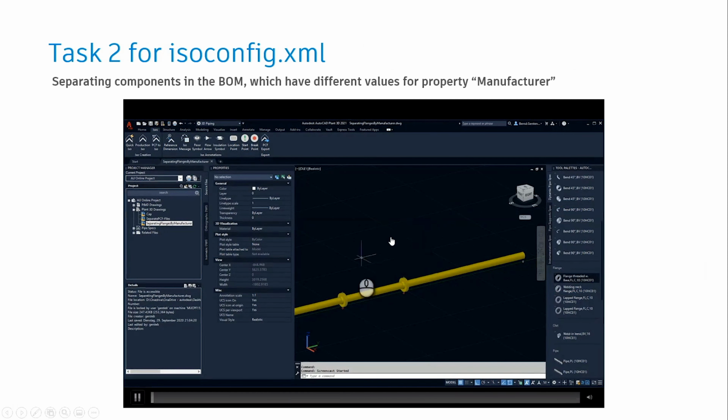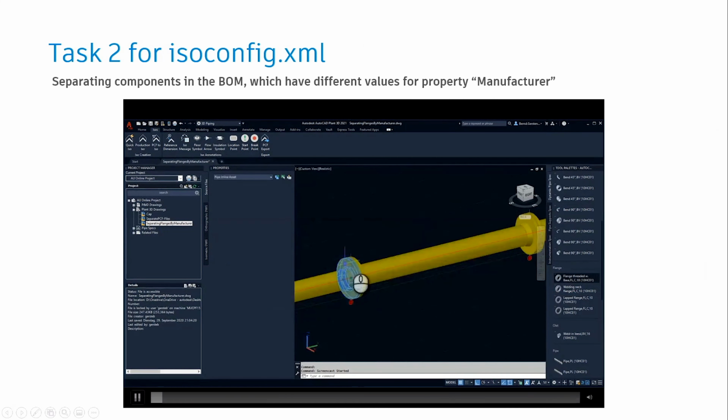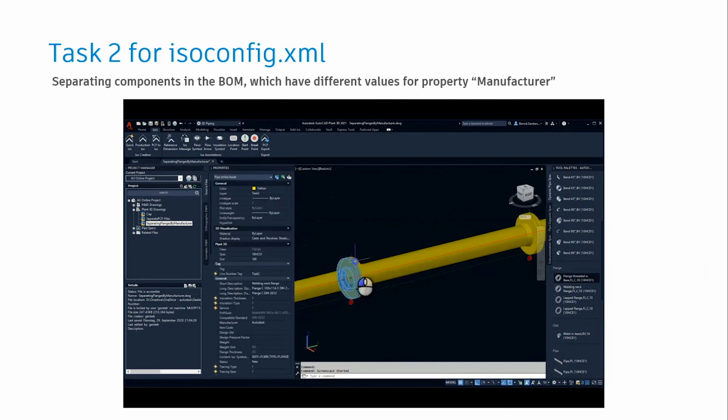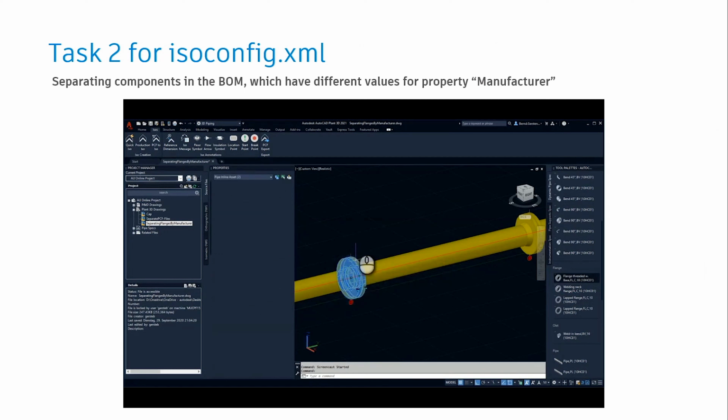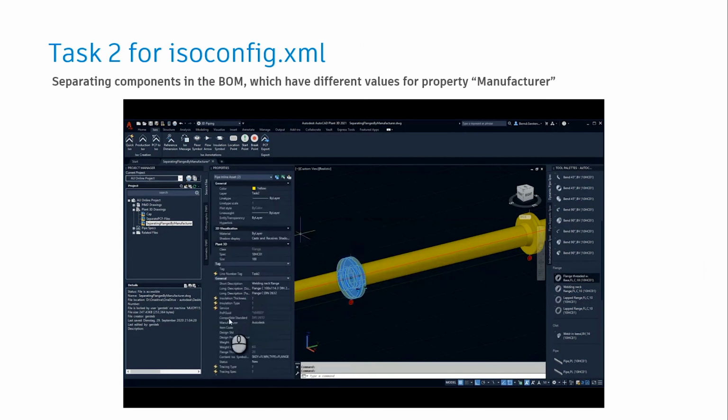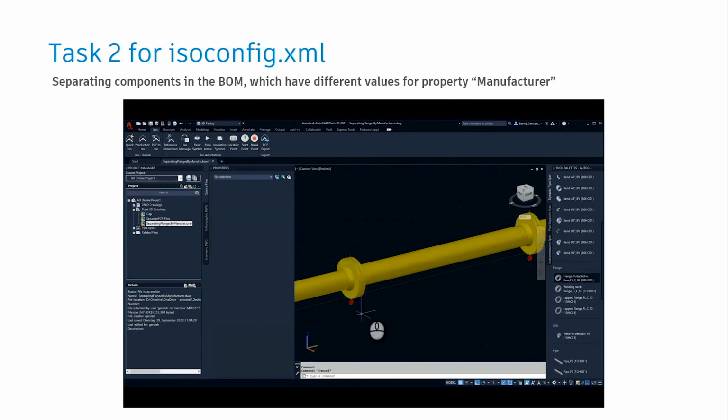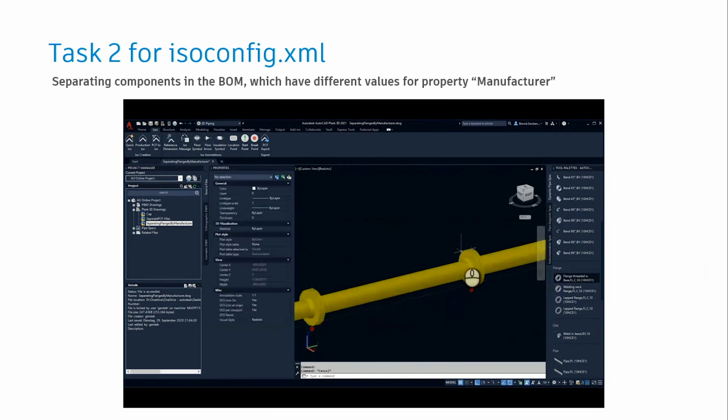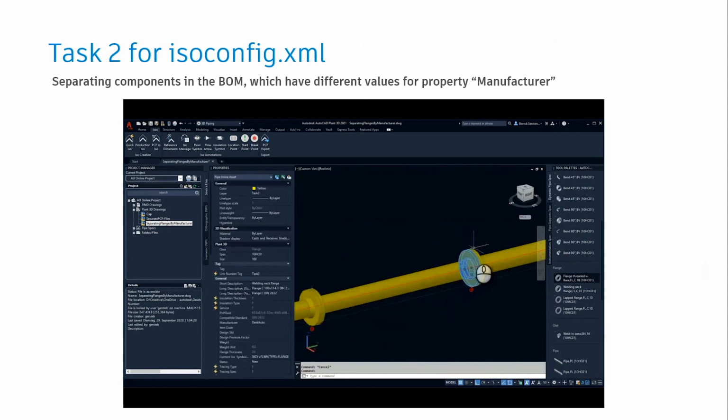So, watching this short video here. Here are two flanges which have a value Autodesk for the property field manufacturer. The other two flanges have a different value for the property manufacturer, which is desk auto.